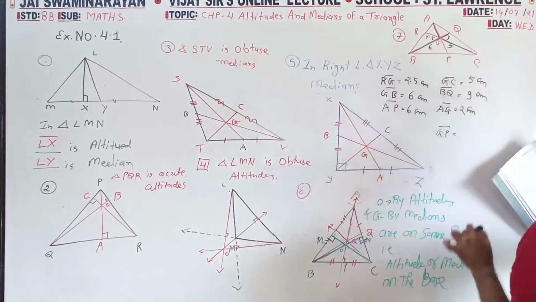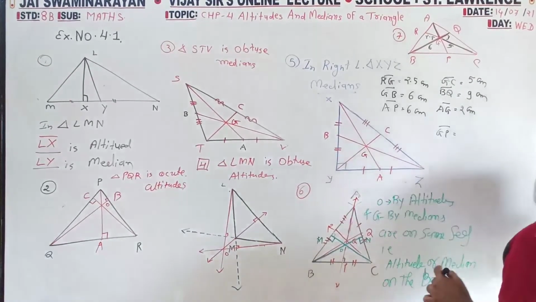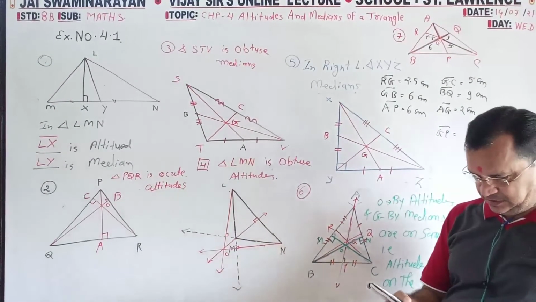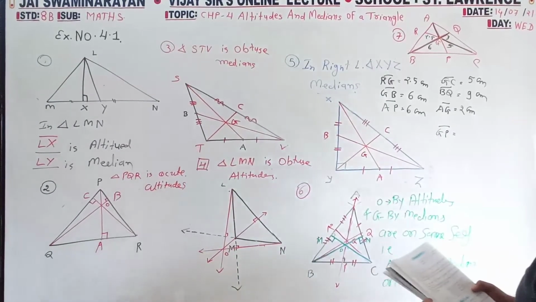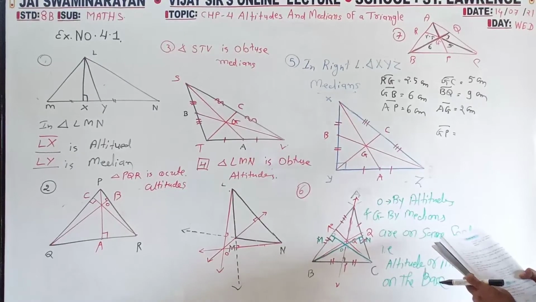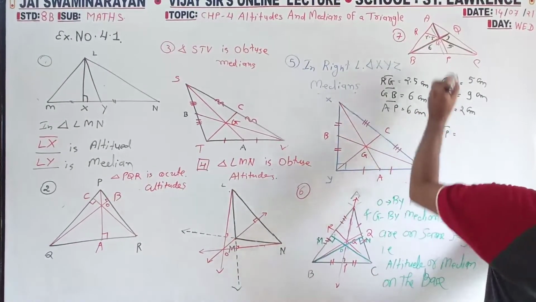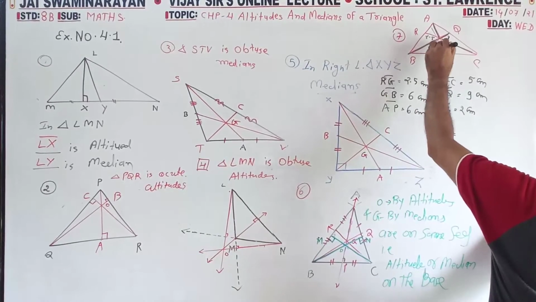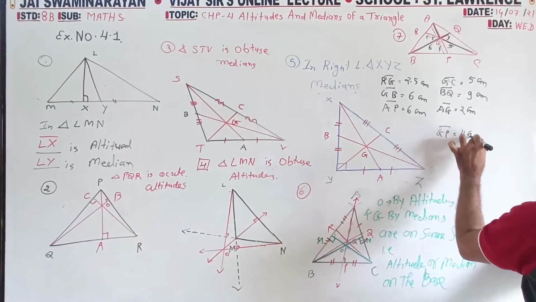centimeter. And GP, for GP, AP is not given, AP is given, no, AP is given 6, so GP is 4. If you measure G to P, it will be 4 centimeter.